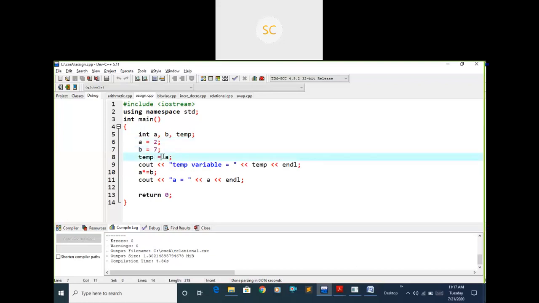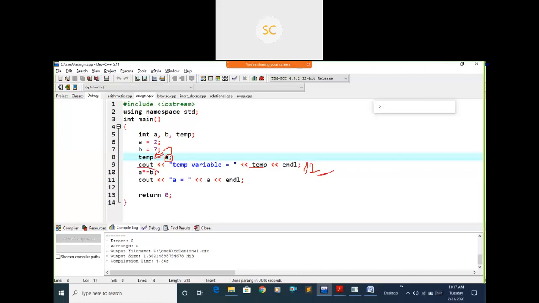Again, if you observe here, the value of a I'm assigning to the temp variable. Present in a we have 2, so 2 is stored in temp. If I print the temp variable, what is the output? I will get 2, right? Because the value of a I am assigning to temp, it will print 2 in the output.